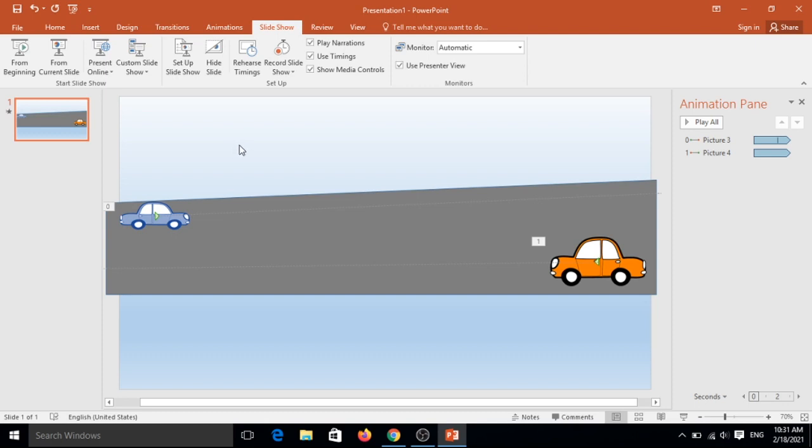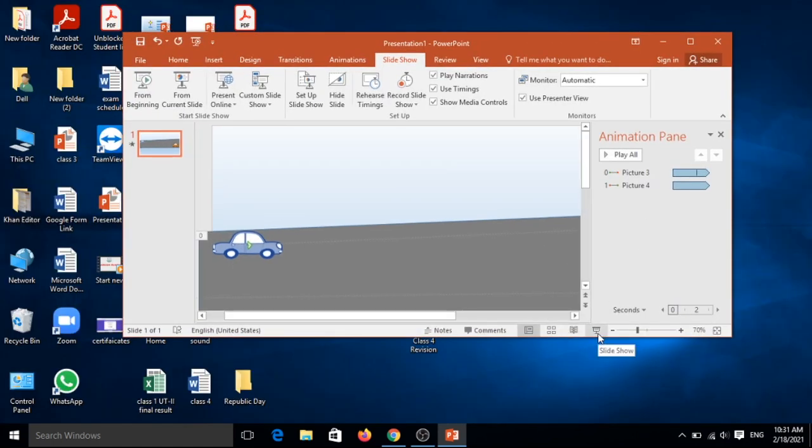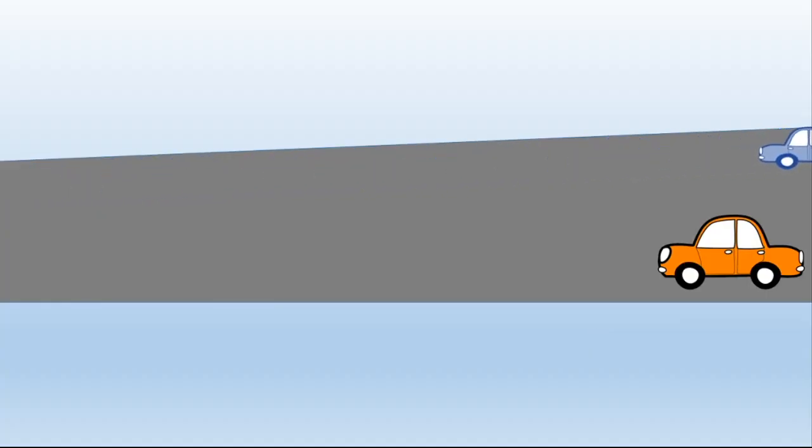To start your PowerPoint presentation, press F5 one time to start, or you can click on this icon. It is the slideshow icon, or you can click on show and start from beginning. Yes, and then after it will start. Yes, now you can see.